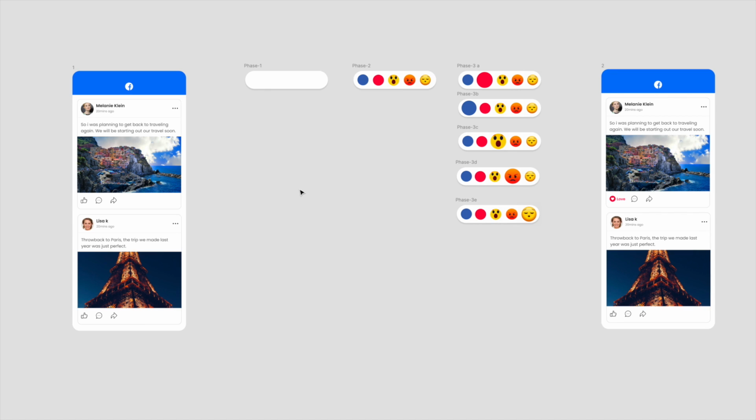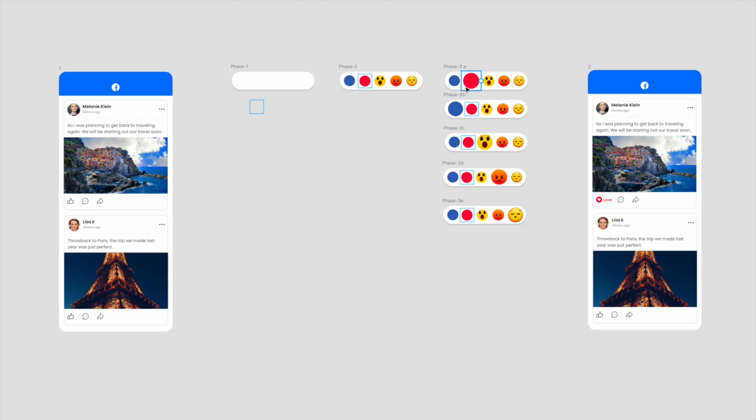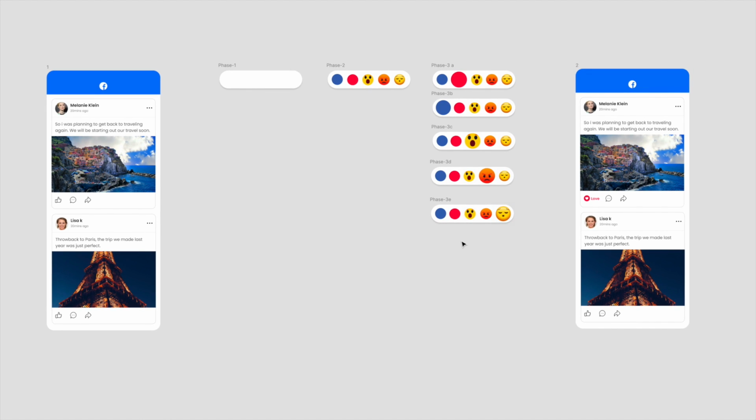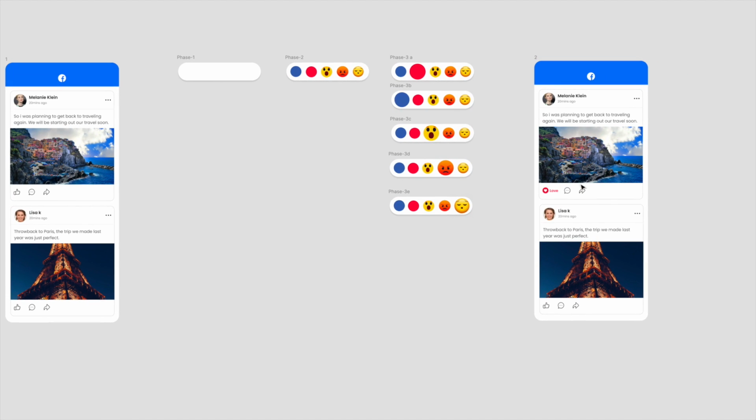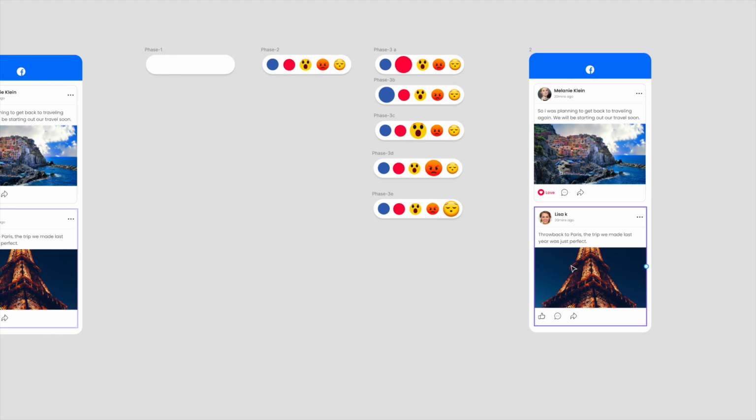Guys, so now we have all of our stages ready. We have the initial stage. When we hover over the like icon, we get these 2 stages. Then when we hover on any of the reactions, we get these zoom stages, and I have zoomed all of the individual ones. So all of the different reactions are zoomed. These are the different stages of zooming. And once we select any one of the zoomed states in the reaction, the main stage changes to that particular reaction. I've done only one, but you need to do it for all the reactions.